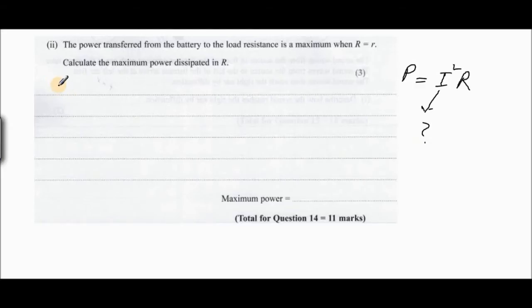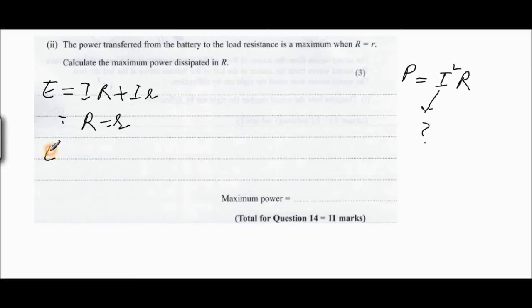In order to find the current, we use the equation E is equal to IR plus Ir. And of course, since they have given that for maximum power both resistances R and small r are equal,